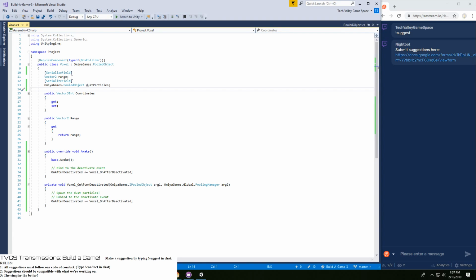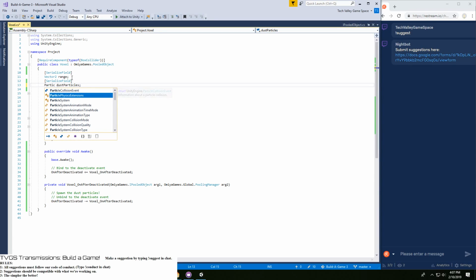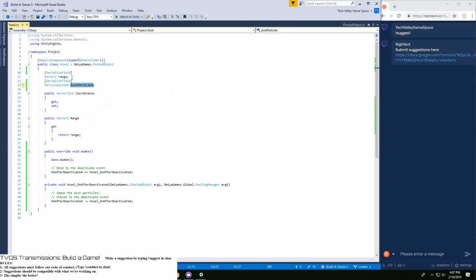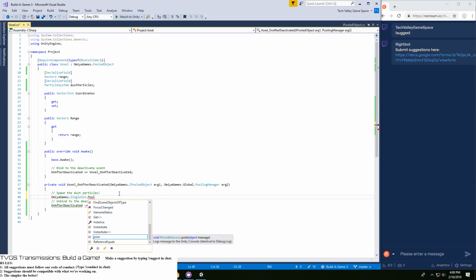Yeah, actually, let me just call that particle system. Dust particles. Omiya Games dot singleton dot pooling dot get.